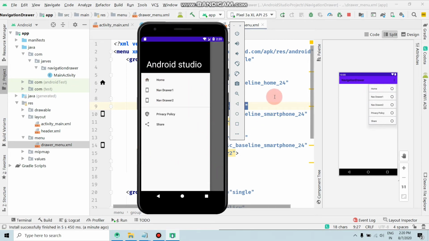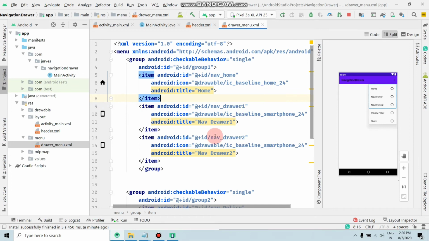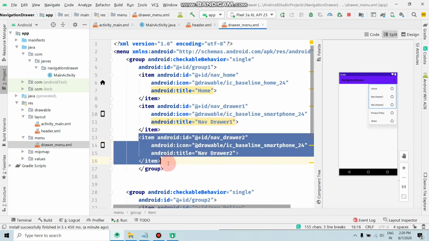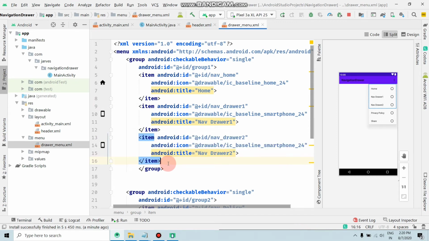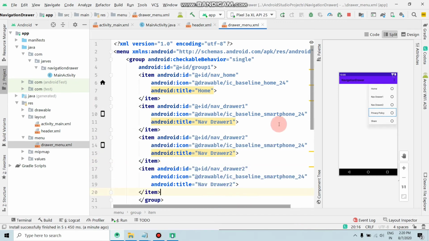So guys, if you want to change the name, just change the title, and if you want to add one more, copy this, Ctrl C and just paste here and change the ID, which should be unique for all the items. As you can see, navigation drawer 2 is added.